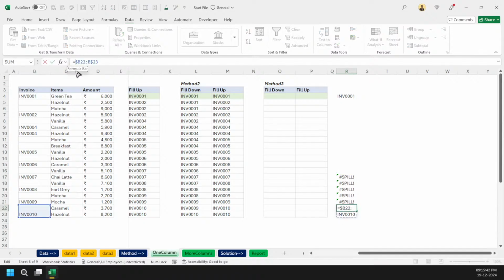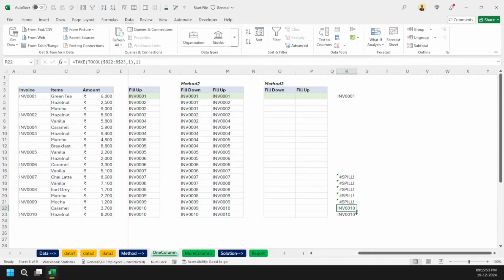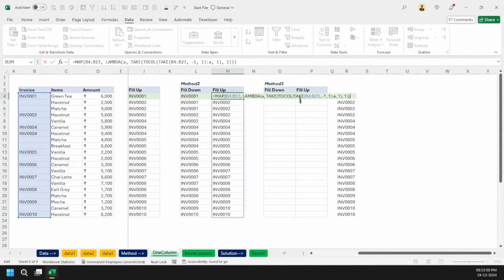Okay. So what can I do here? I can do two column value first, to ignore the blank and take the first value. So take function and the first value. So that's it. Now I can do this way, and that's the logic behind the scenes in this function. So that's how you can use the map function again.